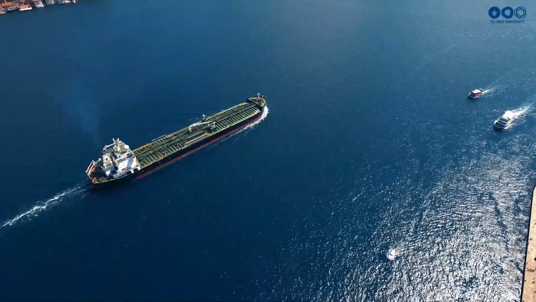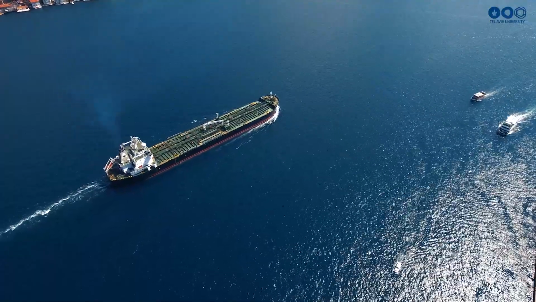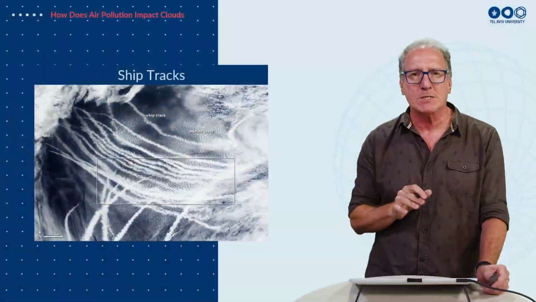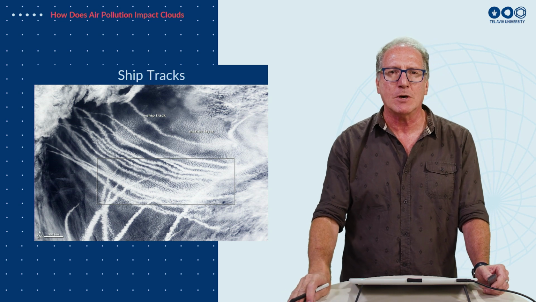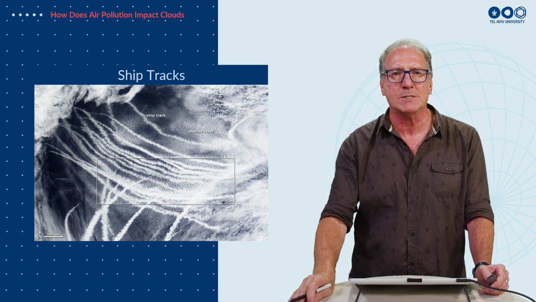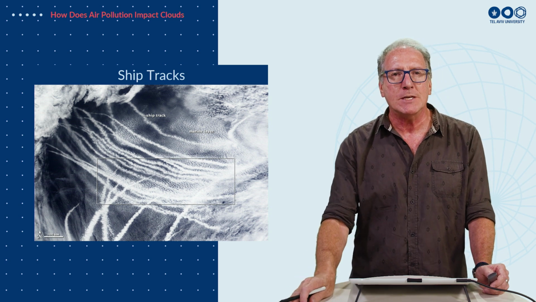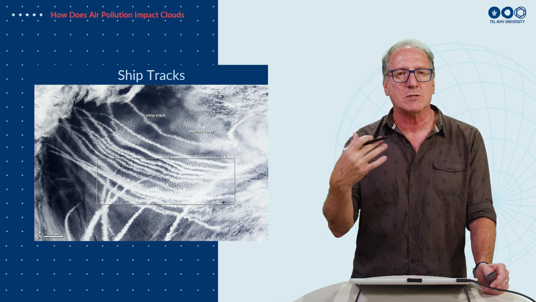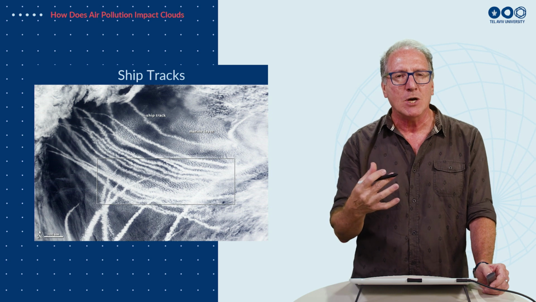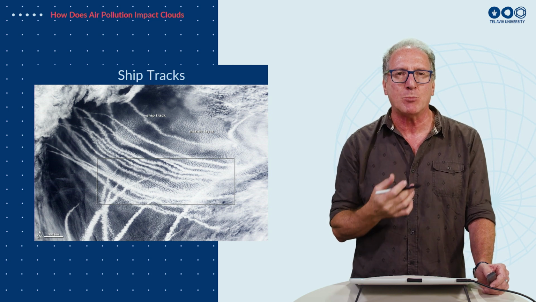Well, an example of where this happens in nature is what we call ship tracks. This is an image from a satellite over the Pacific, west of the United States, I think. And what you see, these white lines, these are clouds. It's not the smoke from the ships. These are clouds which have changed their color. They become much brighter